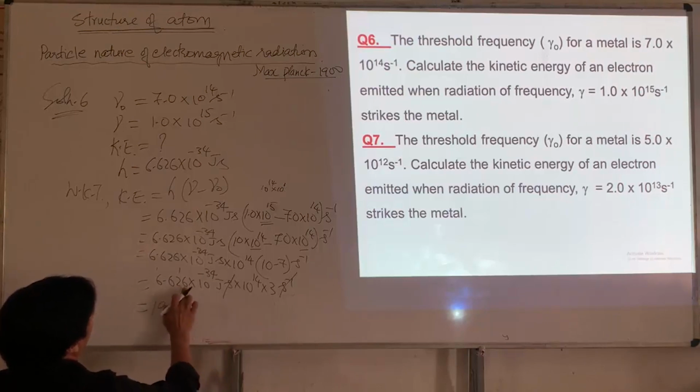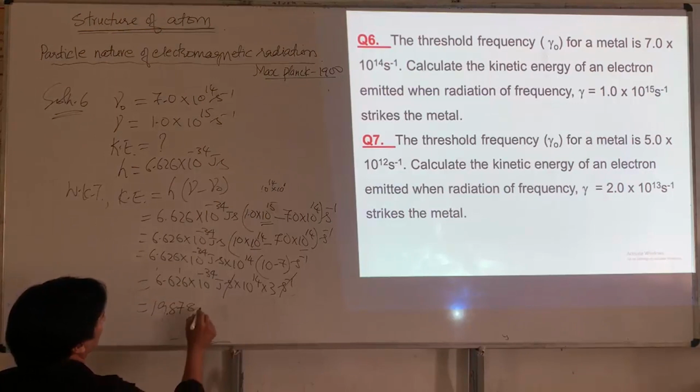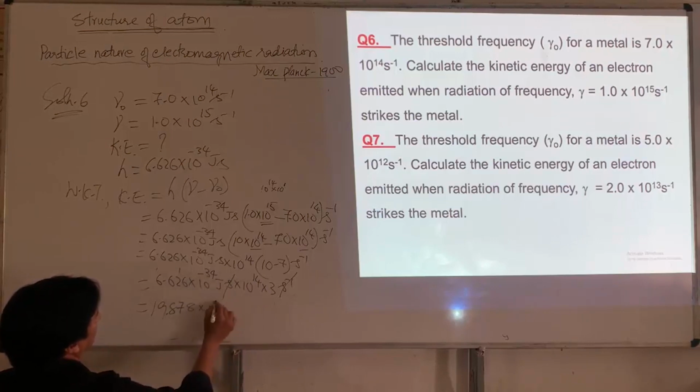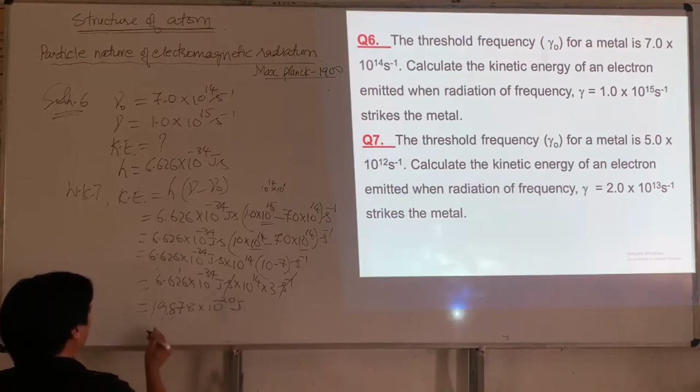Now it is how many? 19.878 into 10 raised to the power 14, this is negative 14, becomes negative 20. Negative 20 joules. If you write this in the scientific notation form, you're going to put this decimal point here,